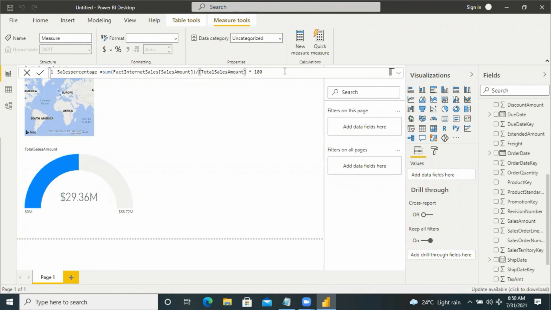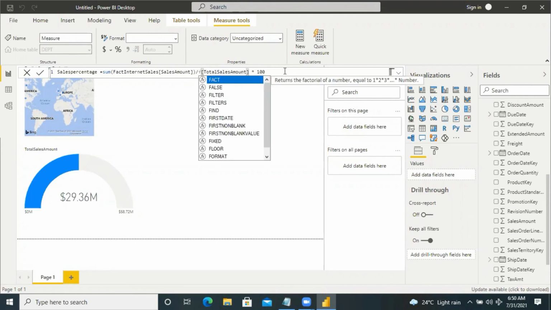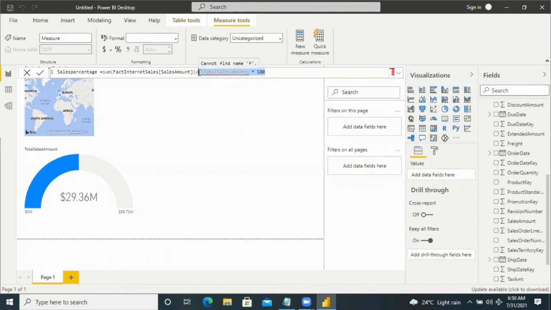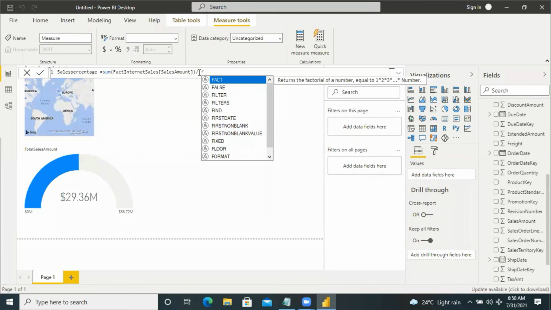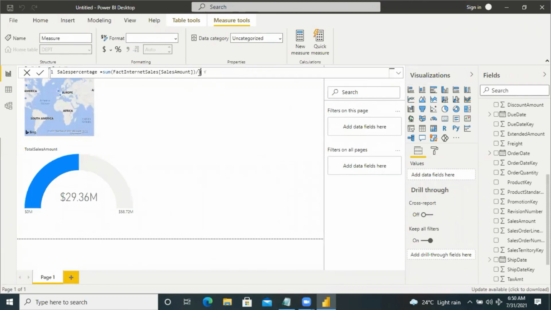Total sales amount is the fact internet sales amount. Directly, I can select the column name total sales amount.